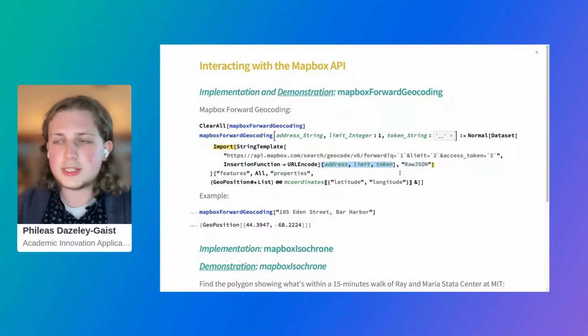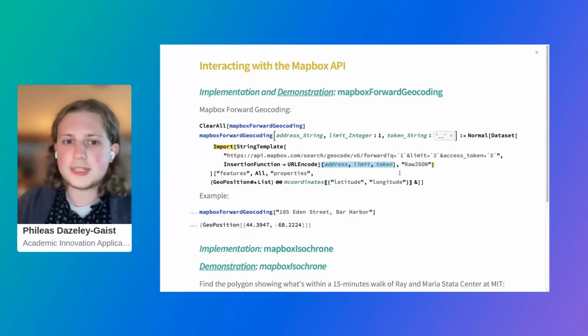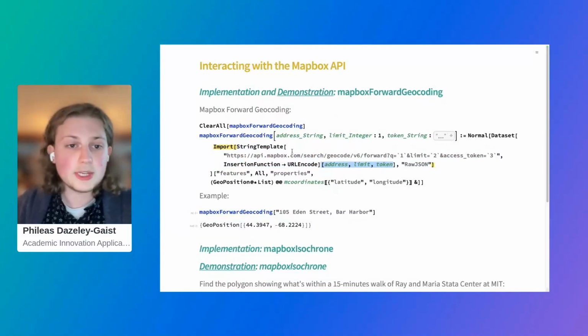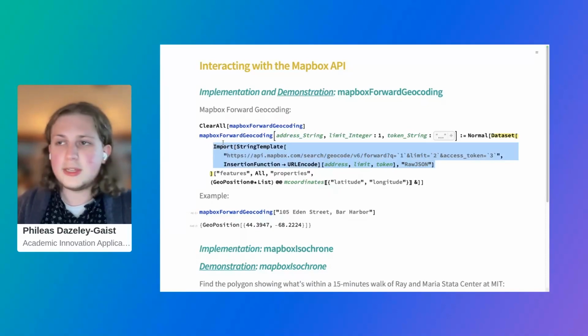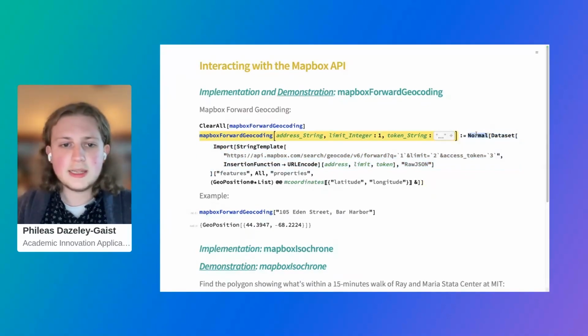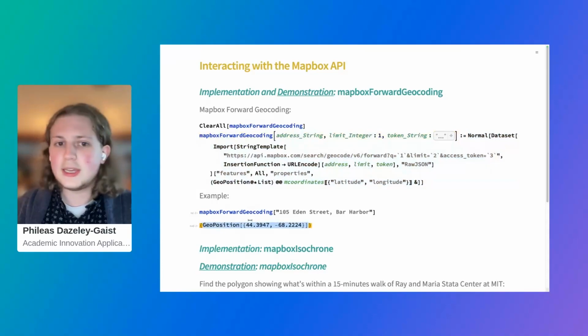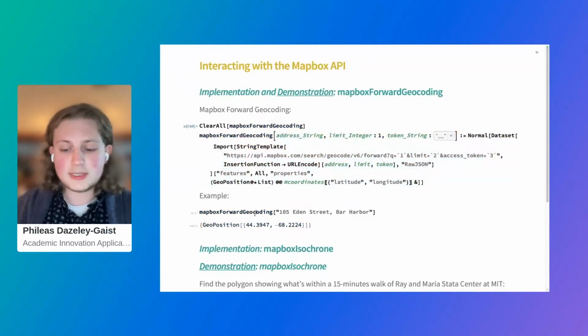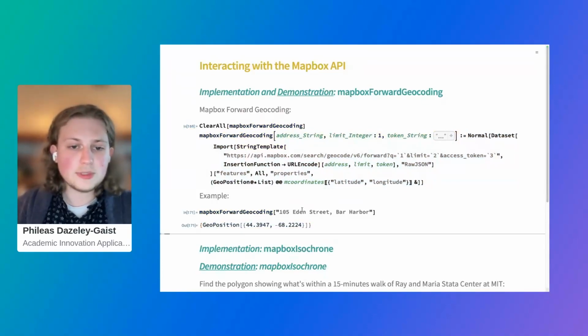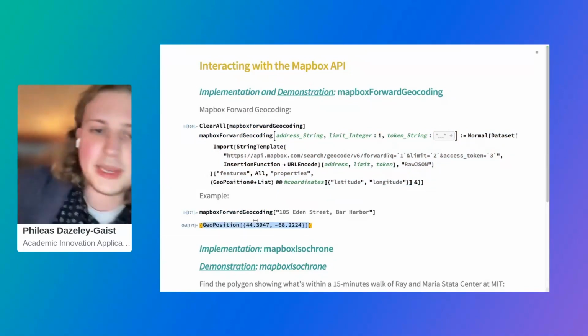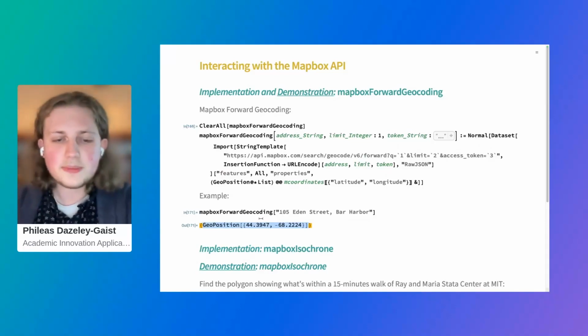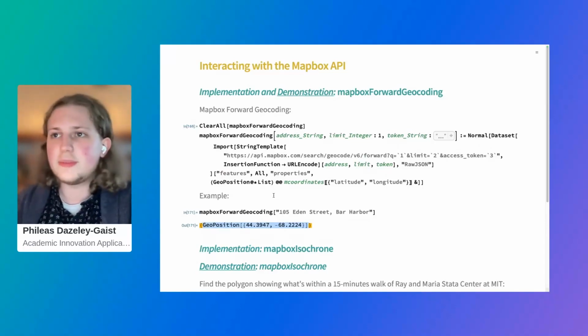using this bracket notation as I might with a function, I can fill out the template with the particular parameters that I want, and then import the resulting URL as raw JSON, represent that as a dataset, and then extract and wrangle a little bit of the results so that I can represent them as geopositions. And so if I run this, it outputs the appropriate position for the address. And I could list multiple best candidates based on the address if there are multiple results that are provided